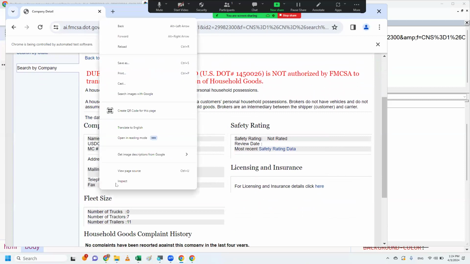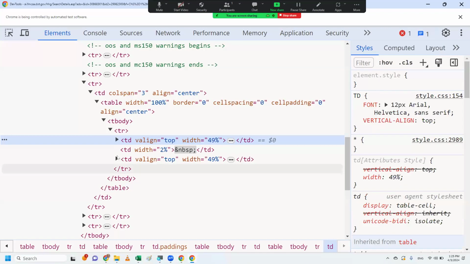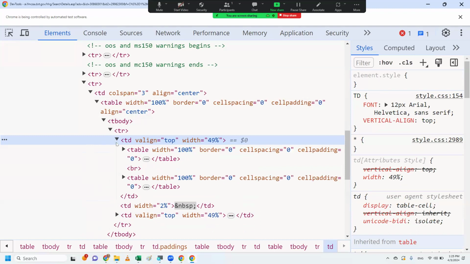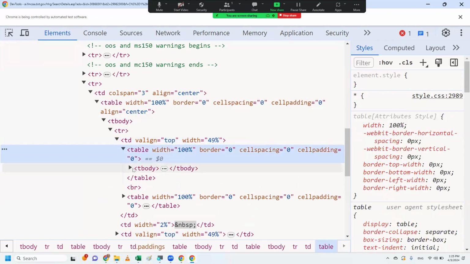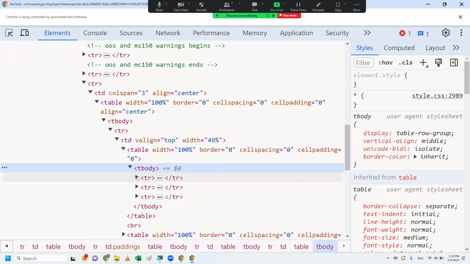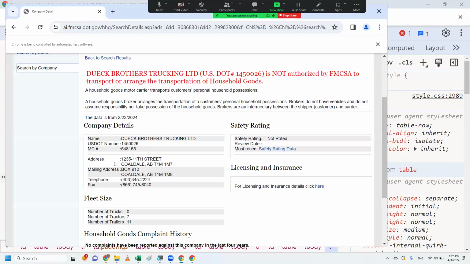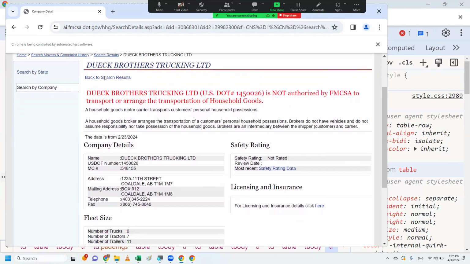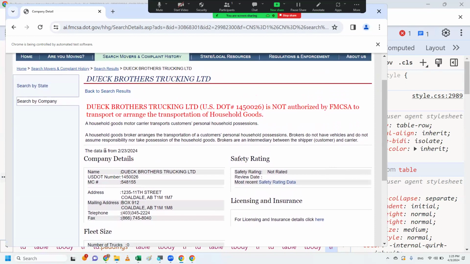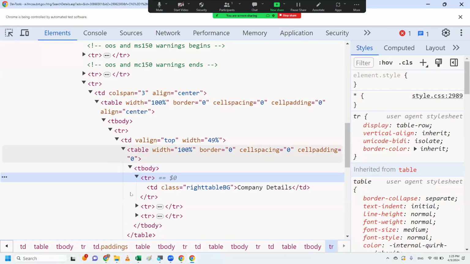We'll go below it. There we go. So I'm a little bit lower than I meant to be. What do we have here? Got this table. It's got 3 rows on it. Company details, where is that? Where does it say company details? You see it? Oh, right here. Okay, so